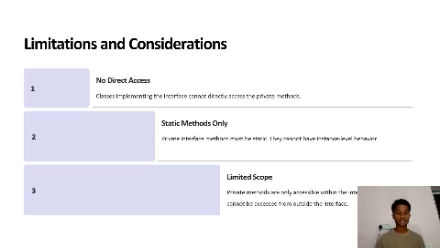Limitation and consideration. No direct access: classes implementing the interface cannot directly access the private method. Static method only: private interface method must be static. They cannot have interface level behavior. Limited scope: private methods are only accessible within the interface, cannot be accessed from outside the